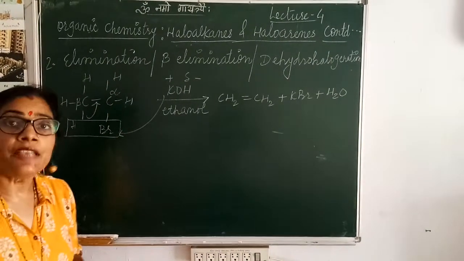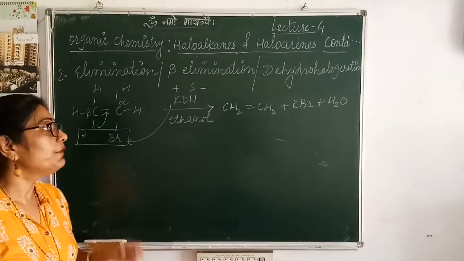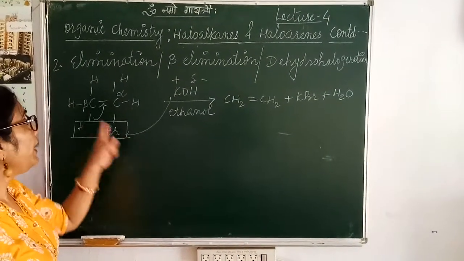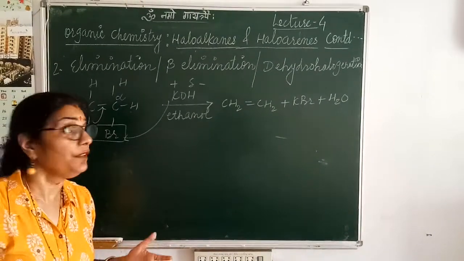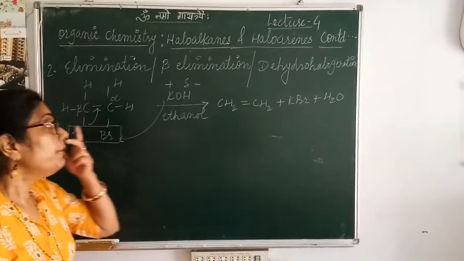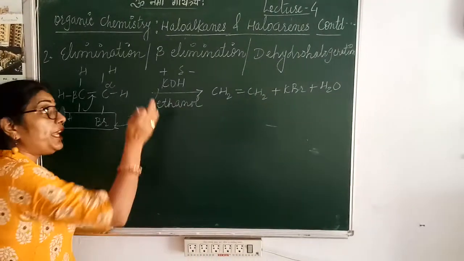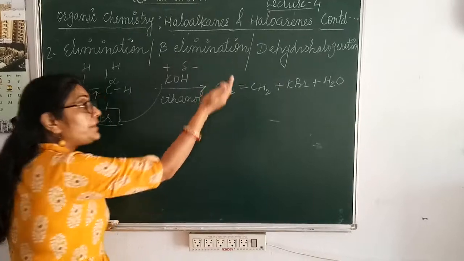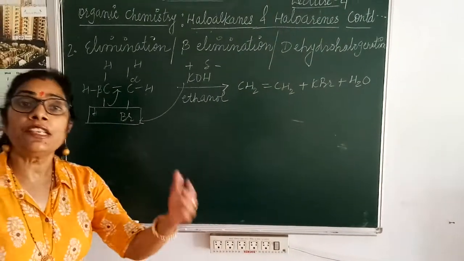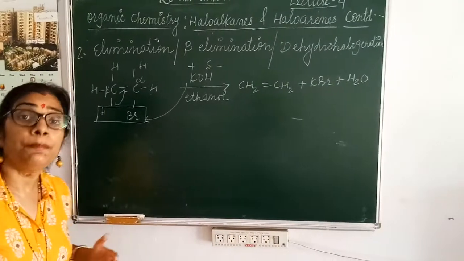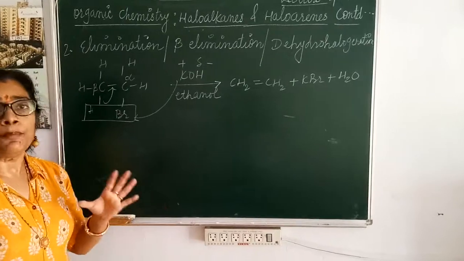Just open the exercise, and in conceptual questions just have a look. There is a question: when an alkyl halide reacts with aqueous KOH, just now we have seen the product was alcohol, whereas in alcoholic medium alkene is formed. In this case elimination occurs, whereas in the previous case when the medium was aqueous, nucleophilic substitution had taken place. Why does it happen? That's very, very important.